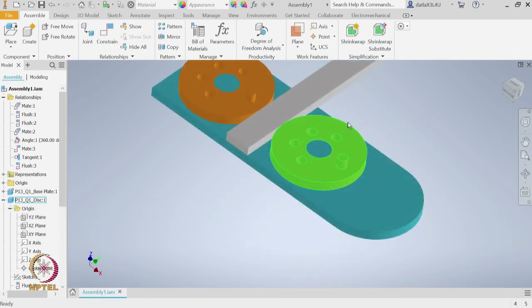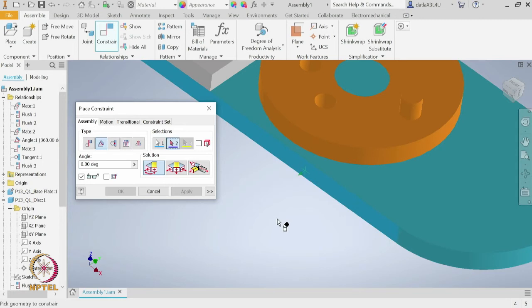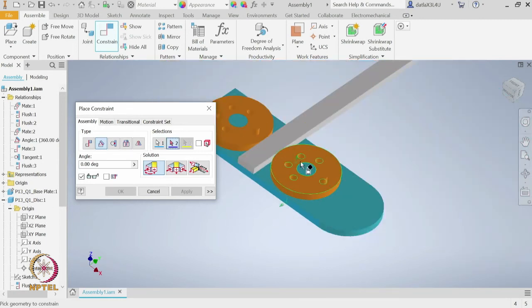Now, to give you a realistic feel, I will make sure that the pin of the second disc is placed close to the bar, such that we have both the pins close by to the bar, and when they rotate we have a feel about how these discs are rotating relative to the bar. For that I will apply an angle constraint using the directed angle. So, first I will select this surface of the base plate, and second I will select one of the planes for this disc. It is the xz plane, and now I will specify this angle as 180.